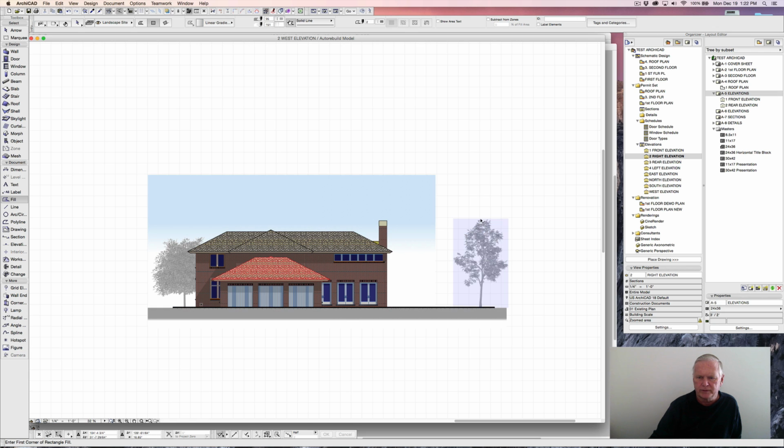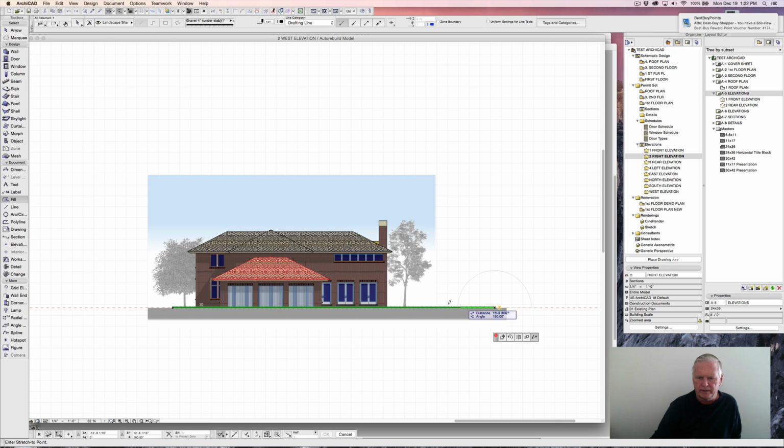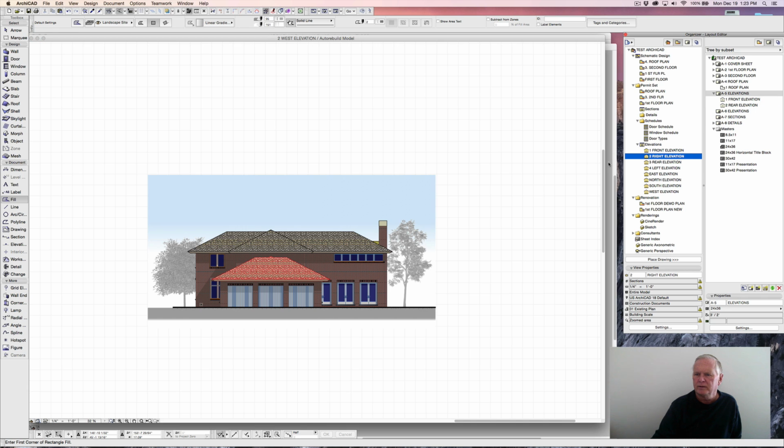We'll take our tree and bring it into, say, about there. That looks pretty good. This line, align it with the edge of the fill, and this fill, line the edge with that fill. All right, that looks pretty good. We'll take that right elevation, drop that onto A6 elevations, and then let's go to the left